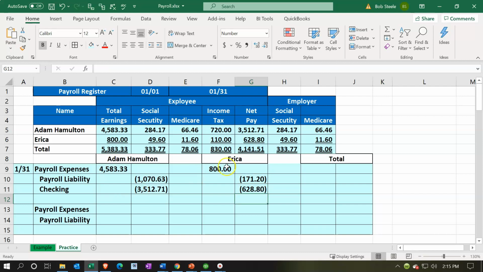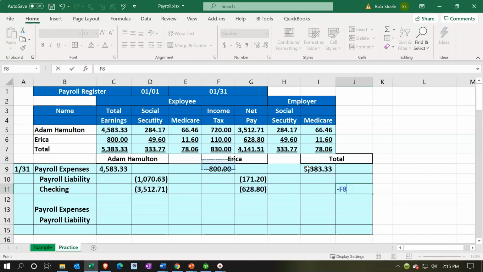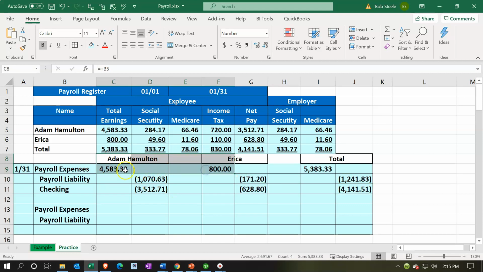All right, and then if we were to say this in total, we can treat it as if it was one employee. What happens in total? Well, in total, we can say the total earnings were that. The total checks that went out, if we were to add them all together, the total net checks, were that. And so the difference is going to be the negative sum of the withholdings, which are going to be Social Security, Medicare, and income tax for those items. We can also add them across this way. If we were to add these two up, that adds up to the 538333. These two add up to the 124183. These two add up to the